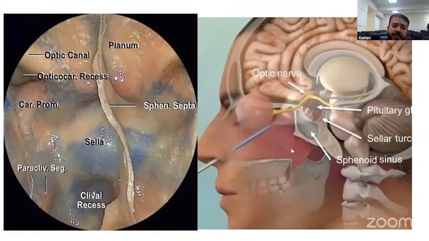Second thing is another view of the endoscopic intranasal cadaveric. You can see the sella, which is just a bluish discoloration. And there is the paraclival segment on the left side. And there is the optic canal you can see on the top, bilateral. And this is the septa, which we can